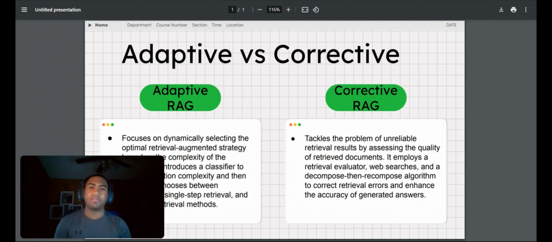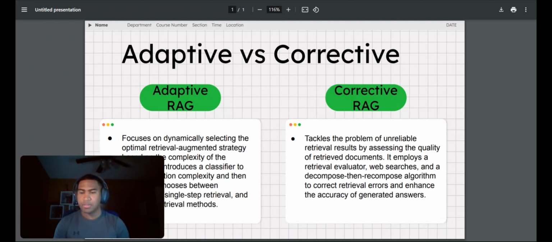So, corrective RAG tackles the problem of unreliable retrieval results by assessing the quality of retrieved documents. It employs a retrieval evaluator, web searches, and a decompose then recompose algorithm to correct retrieval errors and enhance the